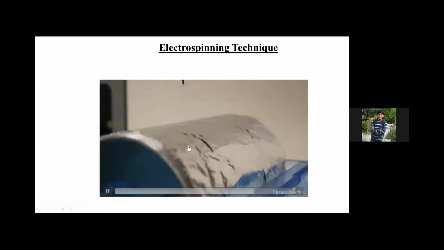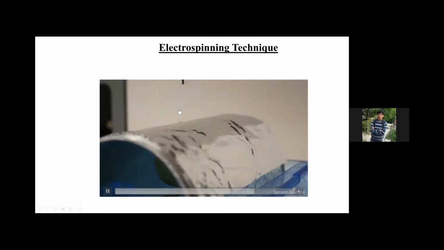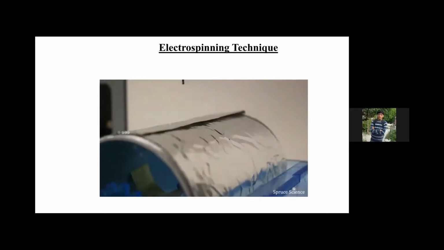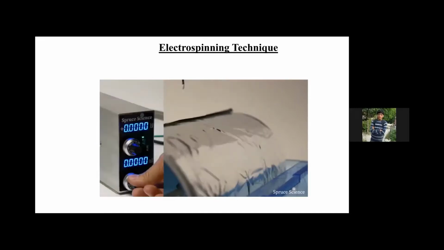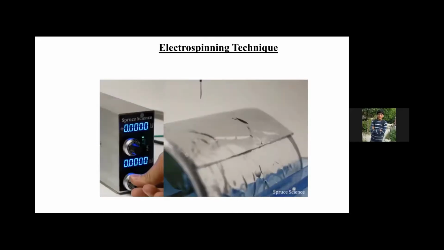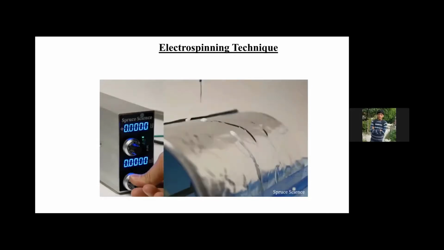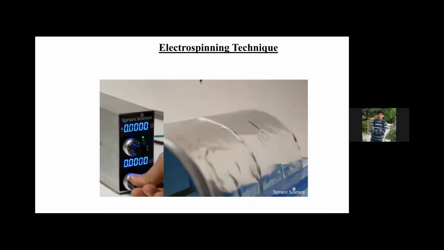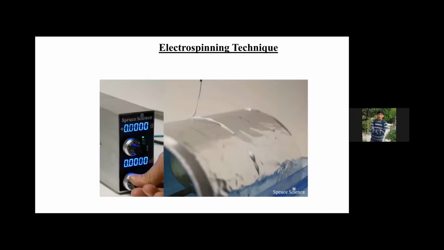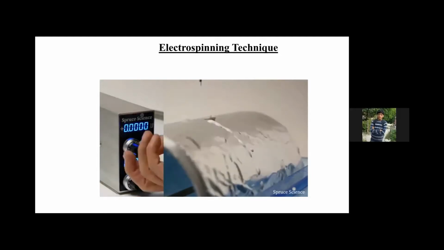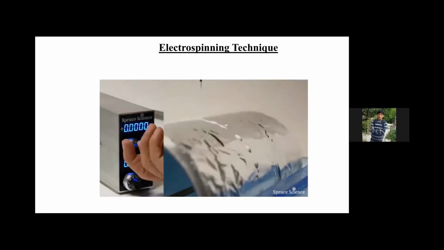Okay, and we can just fix it. And now we turn it on. We can see it here from the beginning. We should not apply the voltage at first, and just slowly vary it. You can see it here. Just slowly vary the voltage, and we can see how this deposition happens. Once it is all fixed, we slowly increase the voltage, and we will see how this deposition happens. We can get the nanofibers.